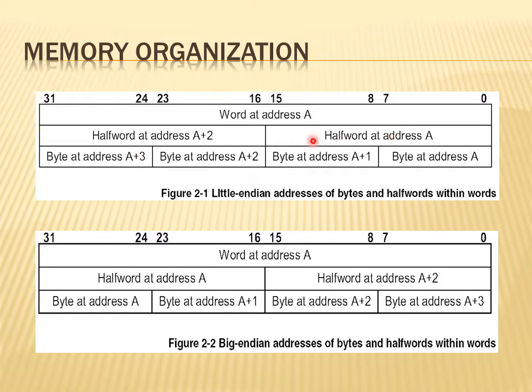If you look at the half word information, meaning 16 bits wide information, I told you that 16-bit wide information is known as a half word. So the first 2 bytes become one half word, and the next 2 bytes become another half word. So A half word, A plus 2 half word, like this. And this is the word information, which is 32 bits wide.